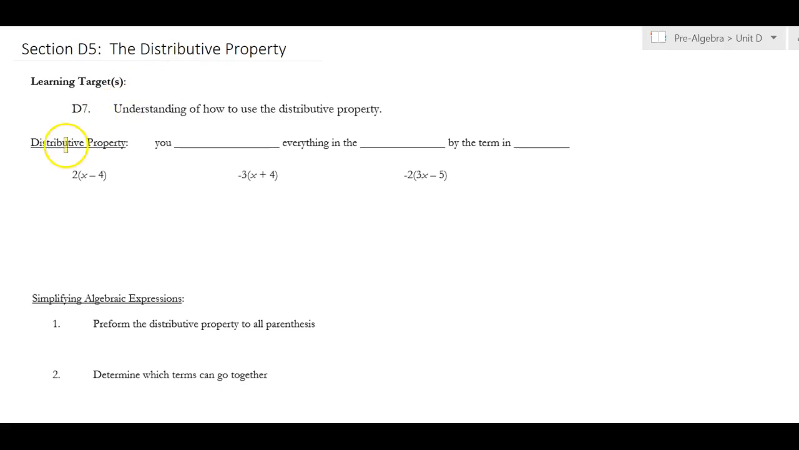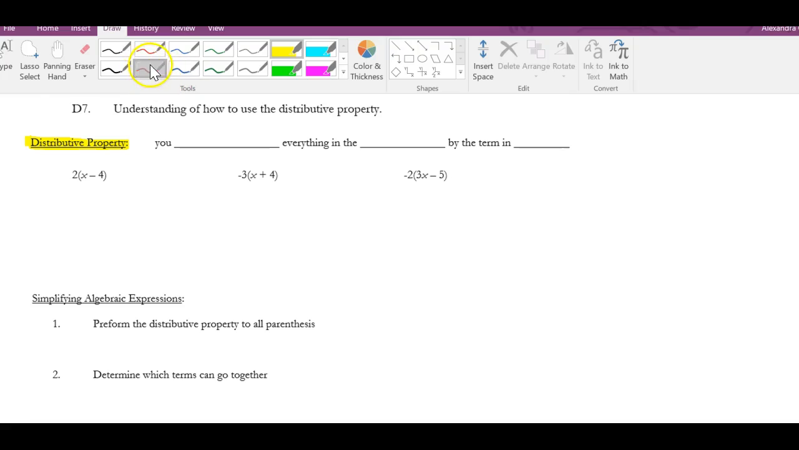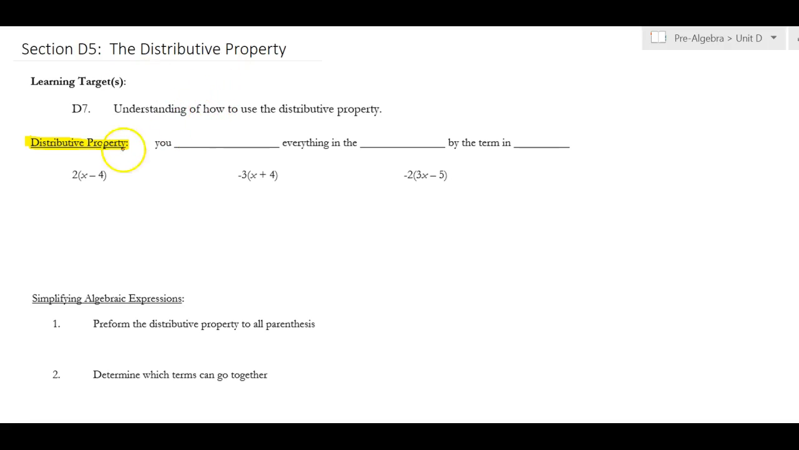Okay, so what we're doing in this section is the distributive property. Distributive property is based on what it means to distribute something. When you distribute something, you're actually passing things out. And so what I have is when I have a number next to parentheses,